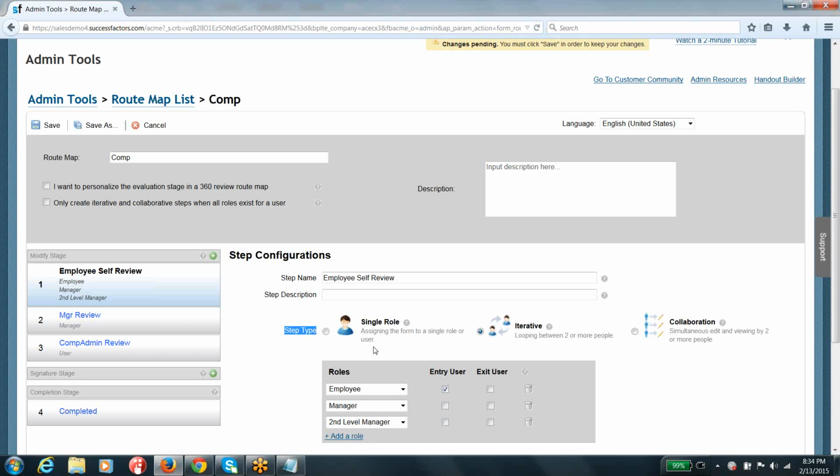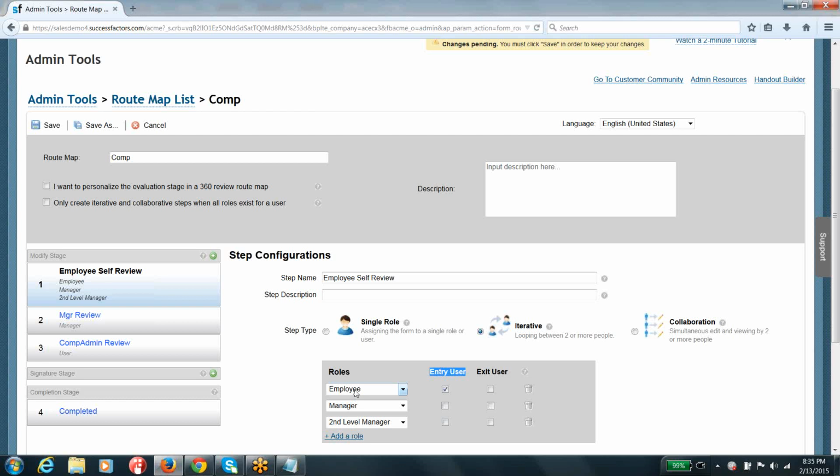So remember that, guys, I'll show you how to go ahead and launch your forms. I'll show you in today's class itself, so that it makes complete sense to you. And when your administrator is going to launch the form, first it should be launched to whom? So that is important, right? Your entry user is going to tell the same thing, guys. So in this particular step, the form should come first to the employee.